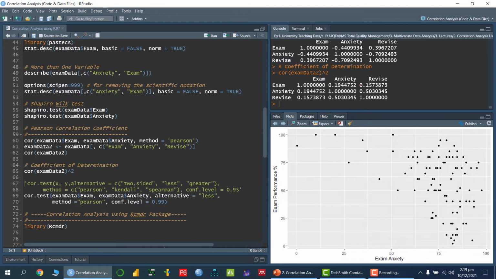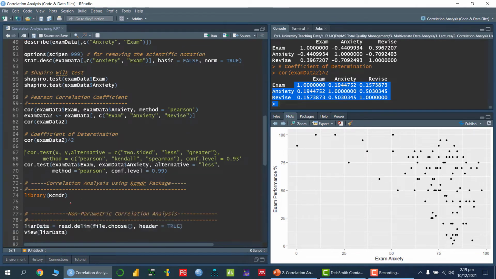Okay, similarly, the 15 or almost 16% variation can explain the revision variable in the exam performance, or you can say the contribution for this particular variable. So similarly, we can also use another package,